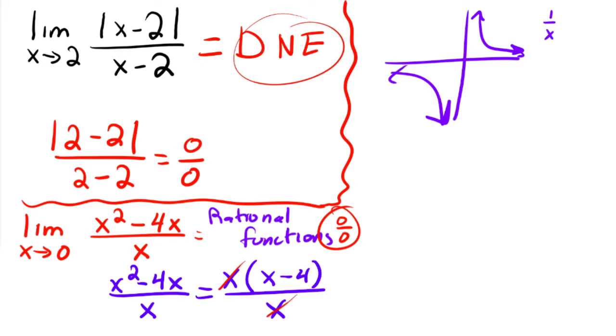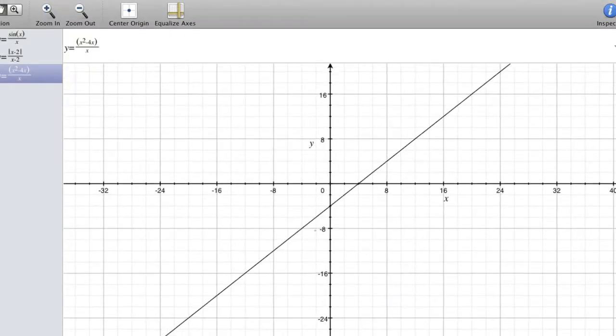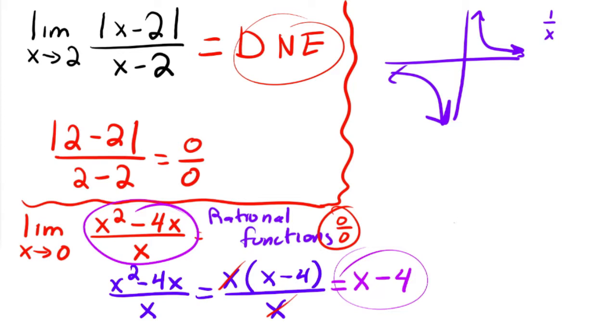And so what we just found out is that this function is equal to x minus 4, which is a line, exactly this line right here. This is the line with a y-intercept of -4 and a slope of 1. That line, except that if I graph it, it's not actually defined at 0. So you have to be careful, because this is a line with a y-intercept of -4, but